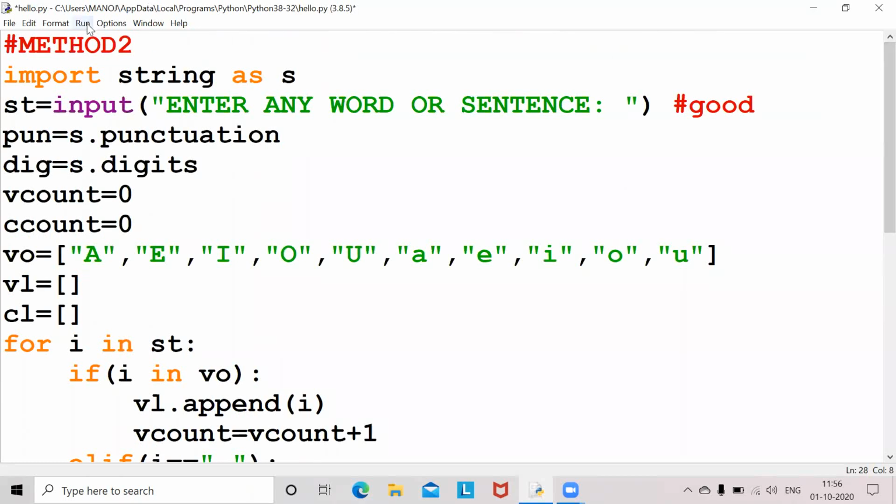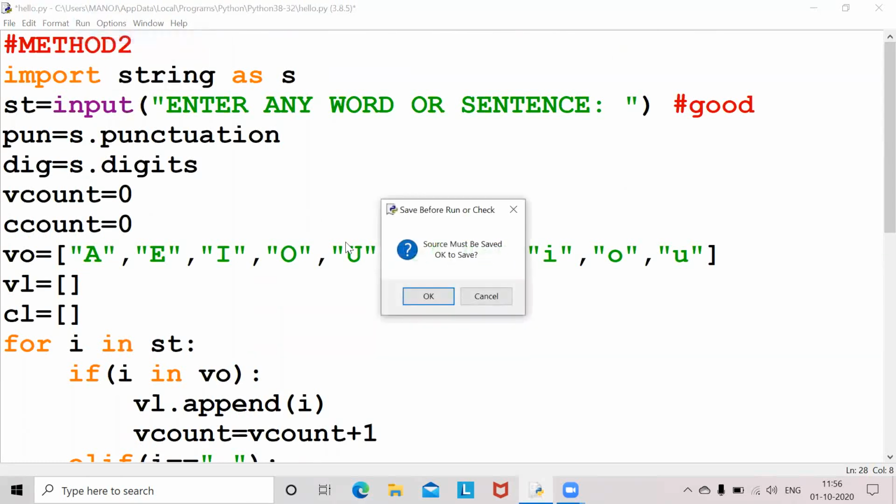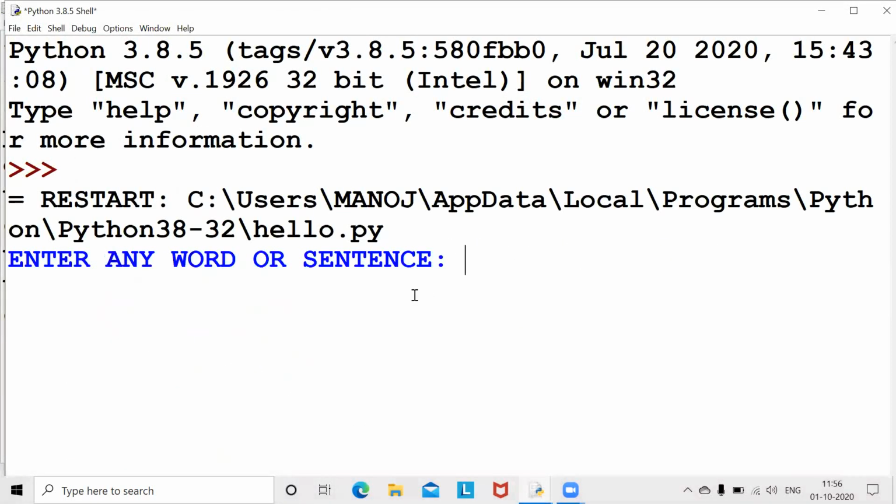Okay, now I'm running this program. Now I'm giving some fgh, okay, space bhi col at the rate.